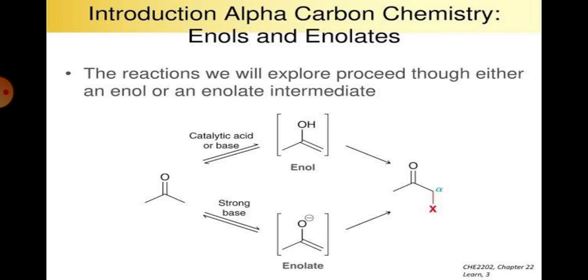Okay, then it will undergo the reaction, and you get the C-C bond. And secondly, if the acid is there, there is a formation of enol. Now look at both intermediates, the enol and the enolate. Both are nucleophilic, and that's why they are very useful in carbon-carbon bond formation reactions.